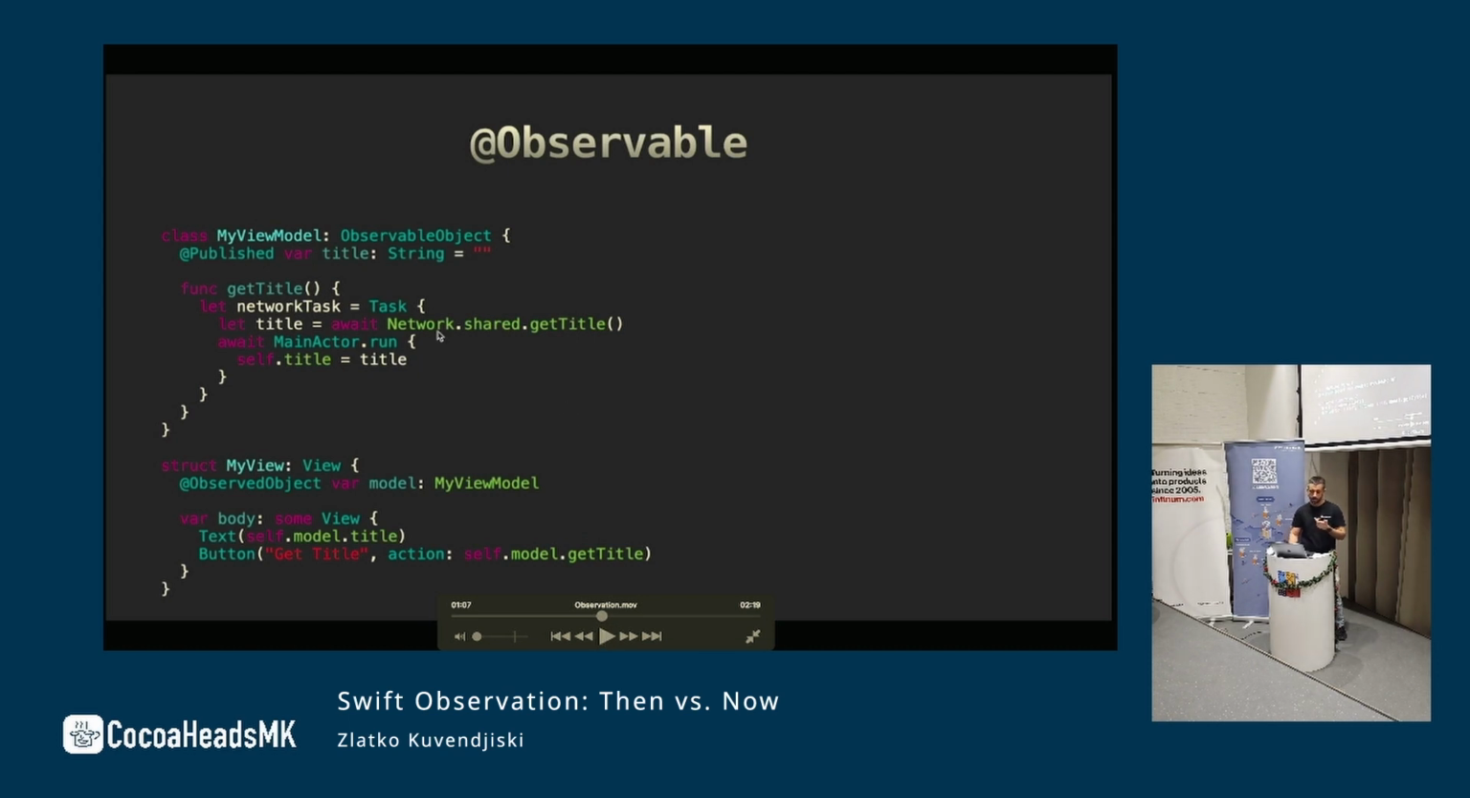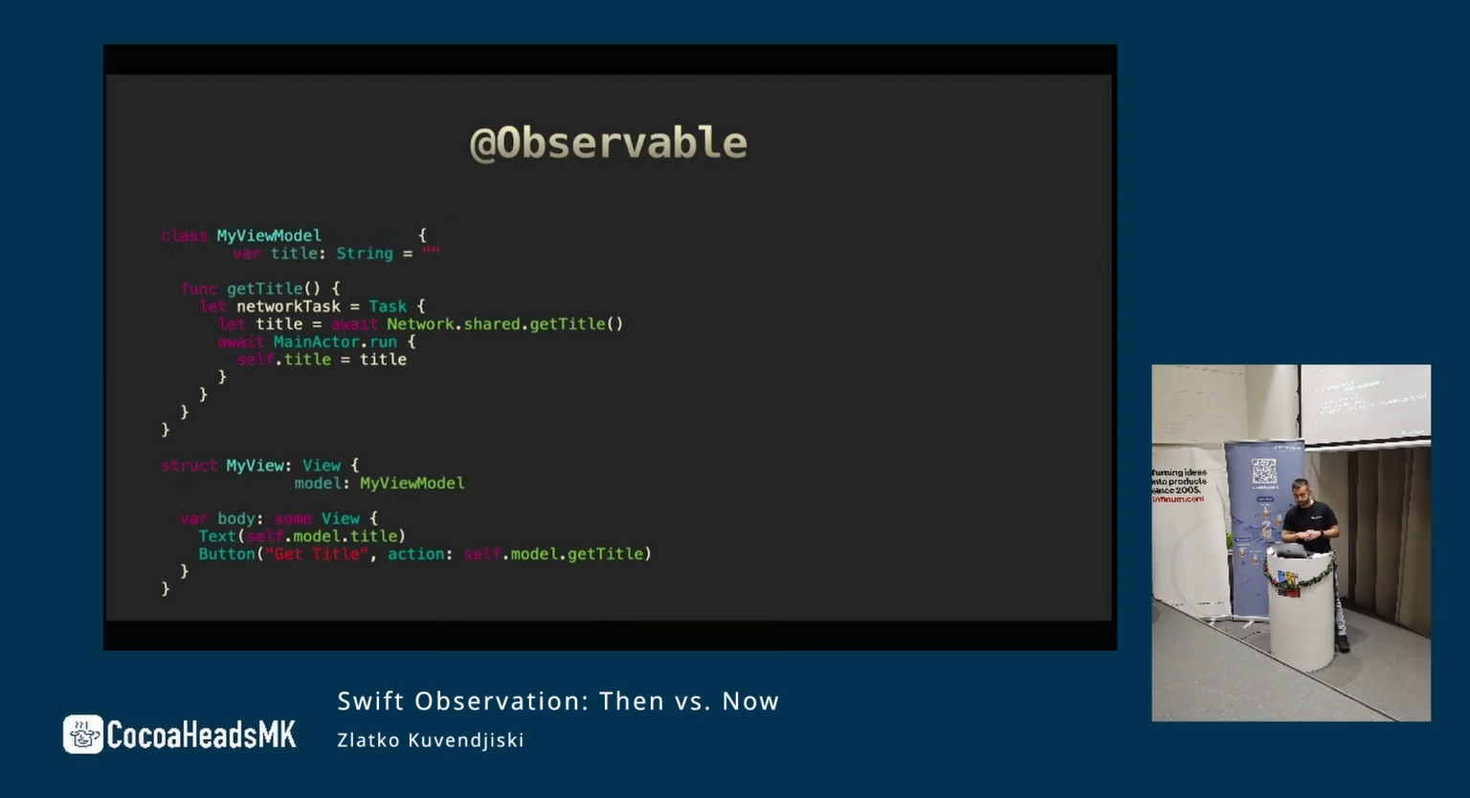So first of all, I'm going to show you how it used to look. So we still have this ObservableObject protocol conformance. We have the property wrappers here and also here. But with this new observable framework,